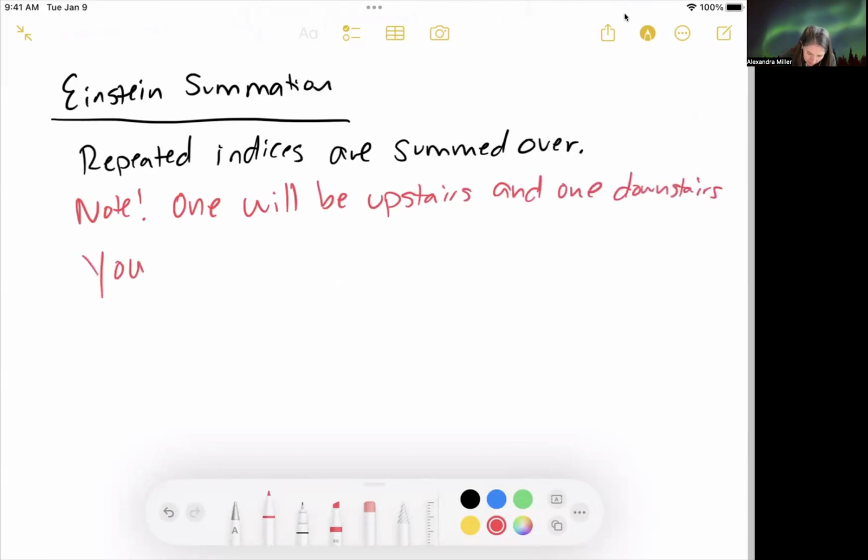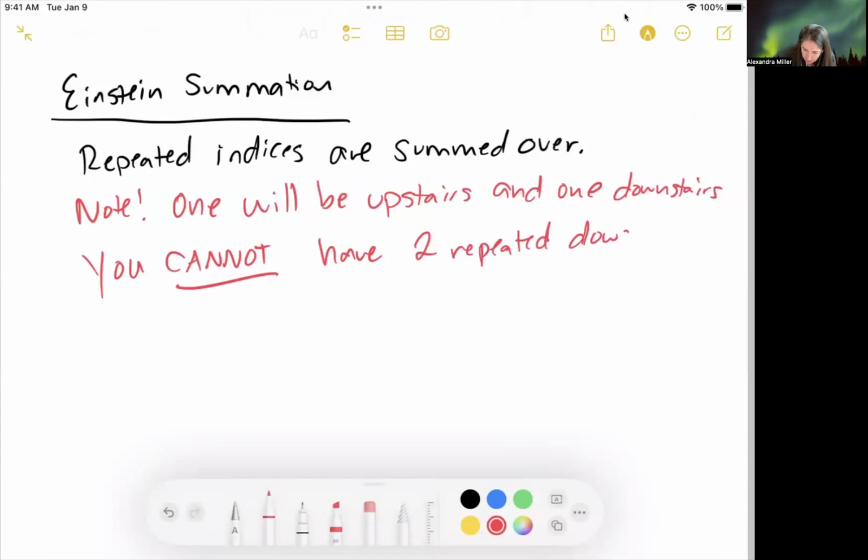You cannot have two repeated downstairs indices or upstairs indices, which is to say,